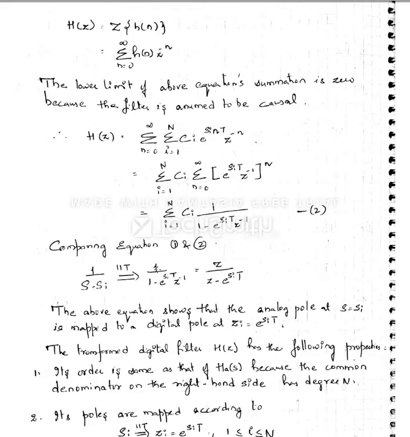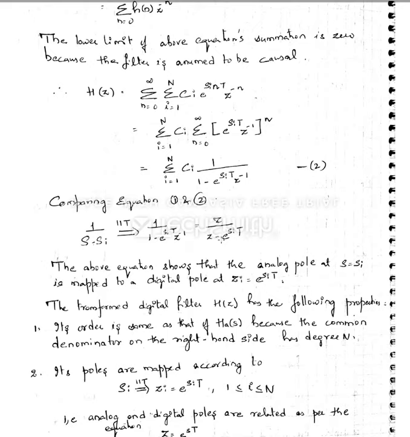Now you need to keep in mind two things. The mapping in the bilinear transformation was one to one, whereas the mapping in the case of the impulse invariance transformation is basically many to one. So many analog frequencies in one particular plane will be mapped to one single frequency in the digital plane, that is nothing but your Z plane. Clear?